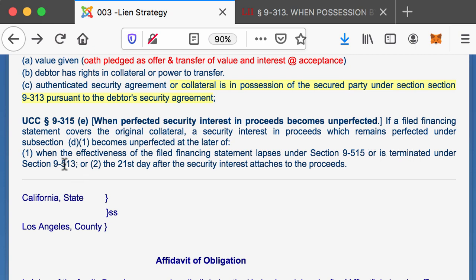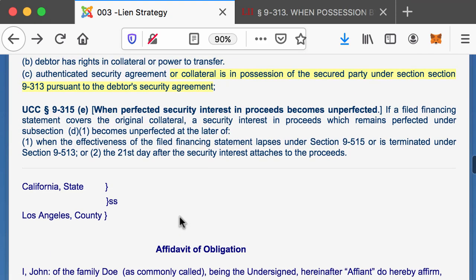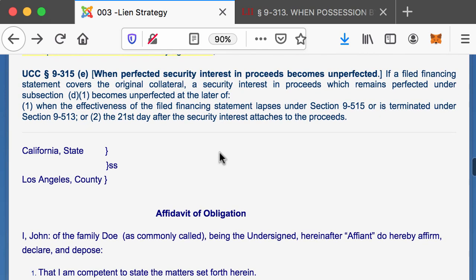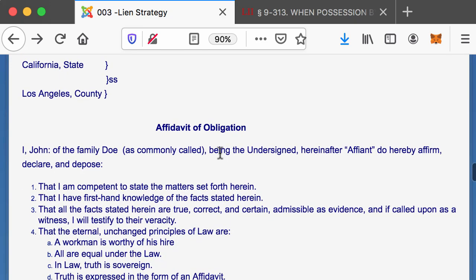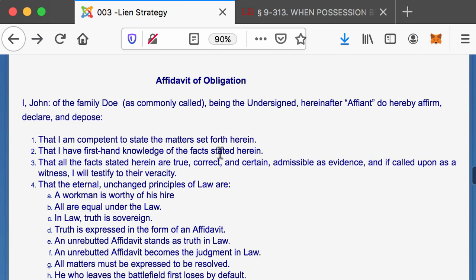That section, I believe, is pretty much telling you it's effective for 5 years unless it's renewed. But this is the part I want you to pay attention to. Or the 21st day after the security interest attaches to the proceeds. So what this is telling me is if you accept someone's oath of office, now you have your contract, you give them the notice, the performance-based obligations under the Constitution. If they ignore that and you have to do an affidavit of commercial obligation, a charging instrument, to charge them with the specific offenses,